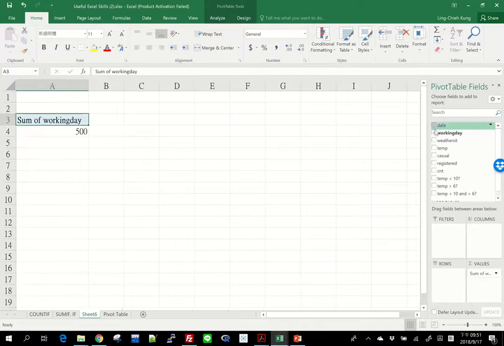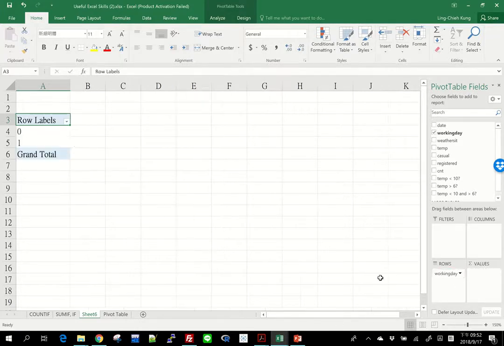If I click on working day, I'm going to see that it goes to this value section. Okay, it tells me that the sum of working day is 500. But here immediately you see we don't want to do this, because working day is a dimension for us to do the analysis. We want to distinguish days between working days and non-working days. We don't want to look at their values directly. So what I should do is that I have a rows and a columns area here. They are dimensions. So I'm going to